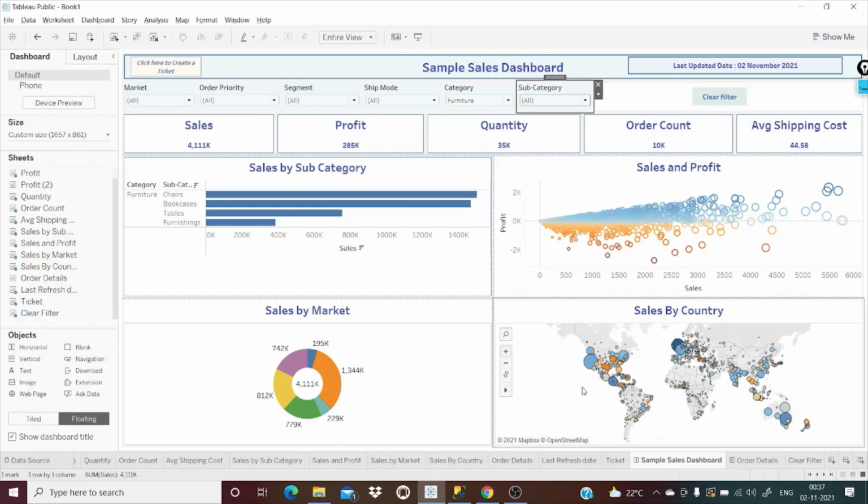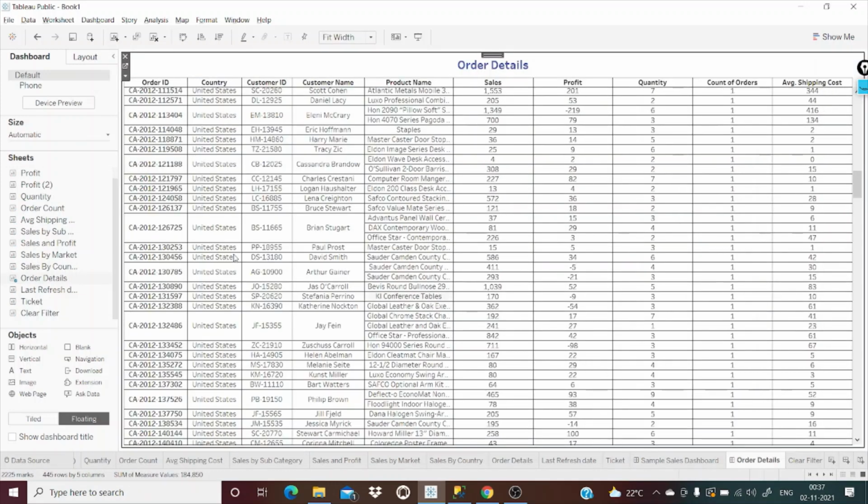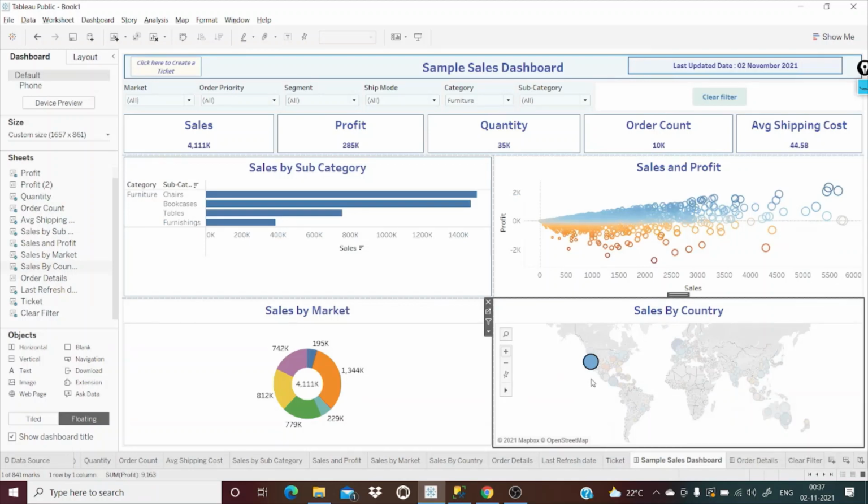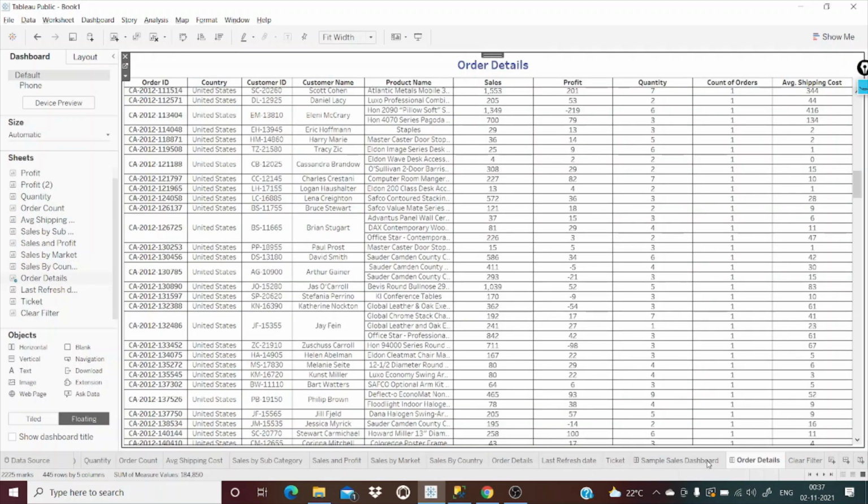The moment the user clicks on any individual state, it redirects to this order details page, only showing United States values.